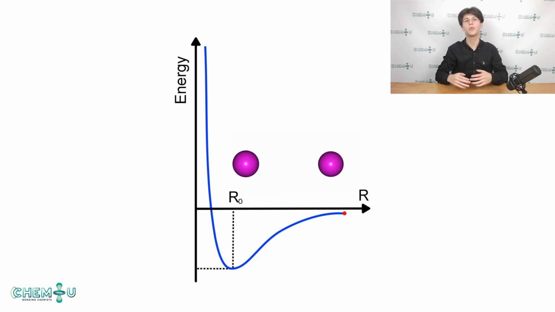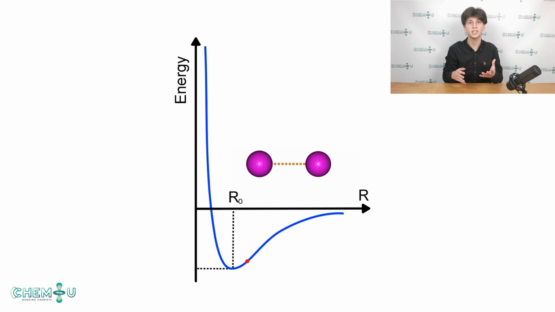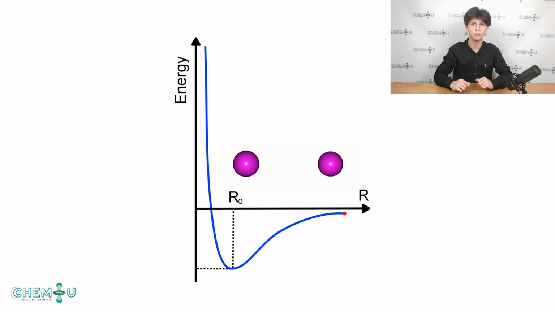In the previous video we have seen how the energy of the systems that consist of two atoms depends on the distance between them. Just take a look at it once again. When the atoms approach each other, the energy of the system decreases because atoms share their electrons, thus forming a covalent bond. This energy is released, for example, in the form of heat. If we try to separate atoms from each other, then the energy of the system begins to increase, and it means that we need to supply energy to the system to break a chemical bond.